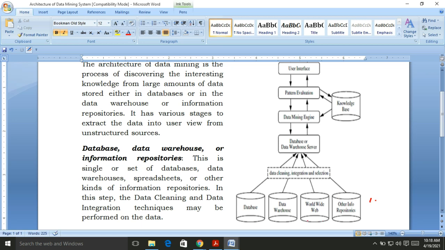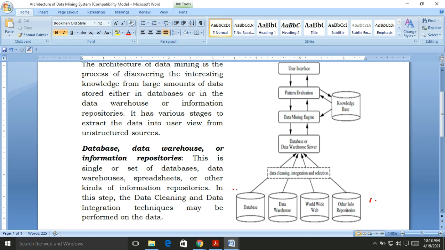Here the data may be stored in different kinds of repositories, such as a database or a data warehouse, or some other form like Excel sheets or Word documents, or it may be stored on the World Wide Web, that means on the cloud.